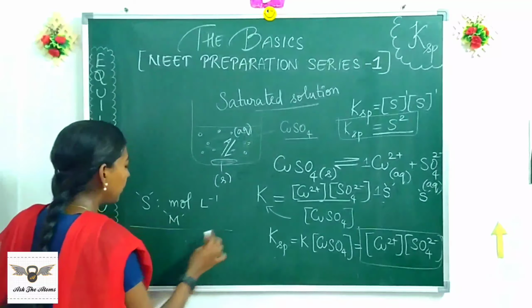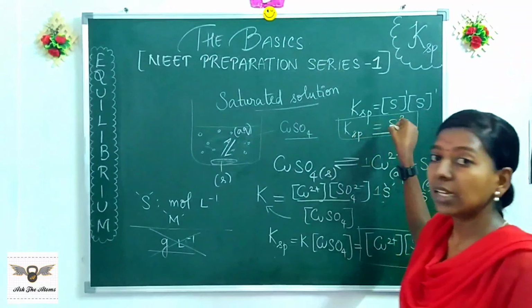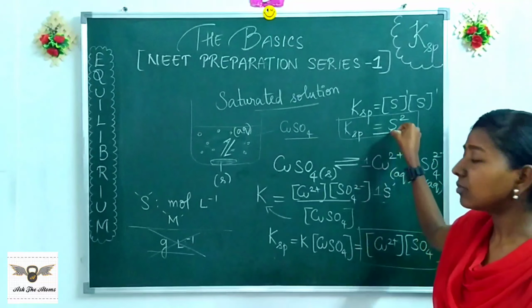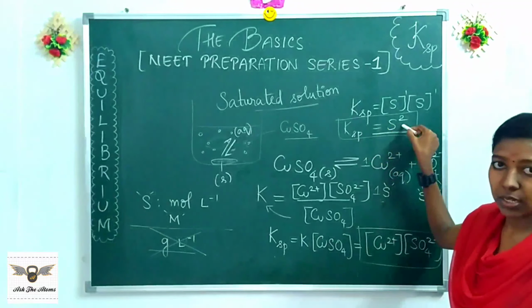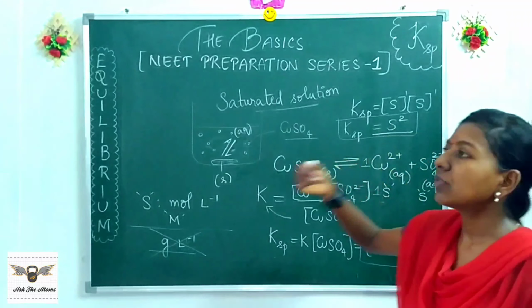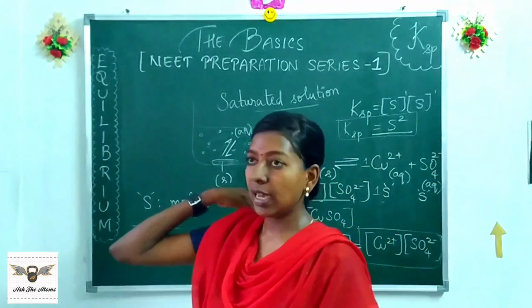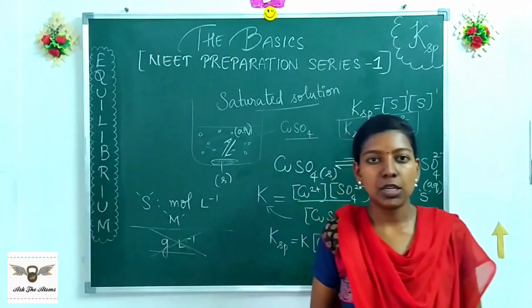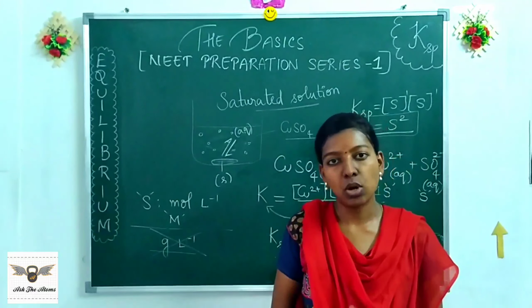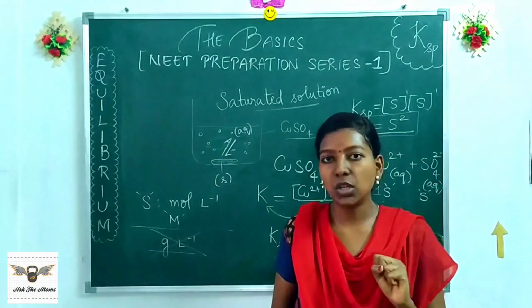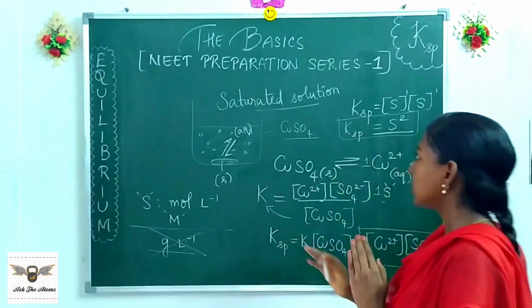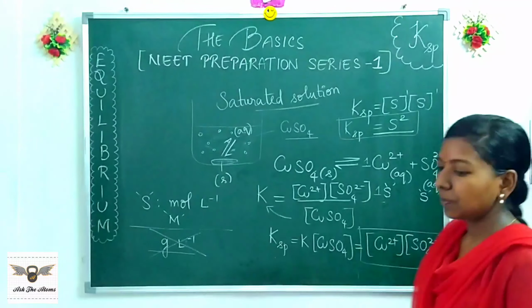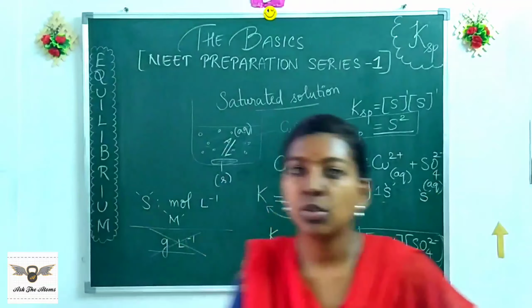Look at this. KSP is directly proportional to solubility. So the greater the value of KSP, the greater the solubility value. You can say they are directly proportional. For example, if a particular salt has a higher value of KSP, that means the salt is very well soluble. This is what you can infer from this equation. So both KSP and S, the solubility, are directly proportional. Now let us go to solving some equations.